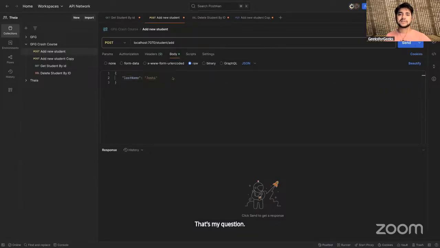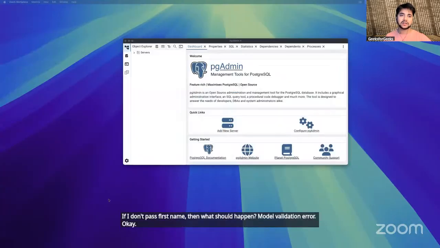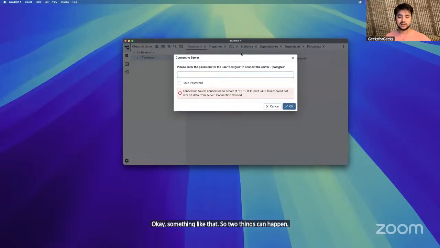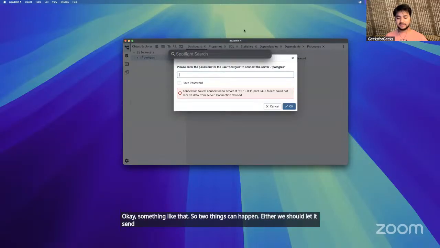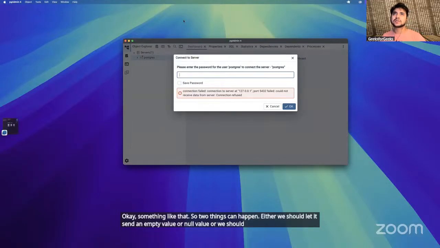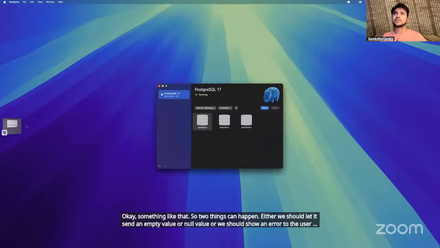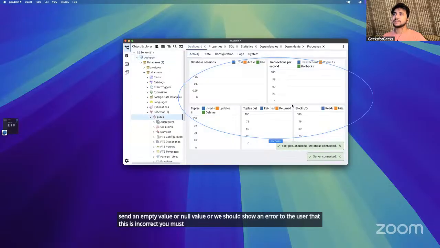Model validation error. Okay. It should send a message. Something like that. So two things can happen. Either we should let it send an empty value or null value, or we should show an error to the user that this is incorrect. You must be sending a first name, something like that.